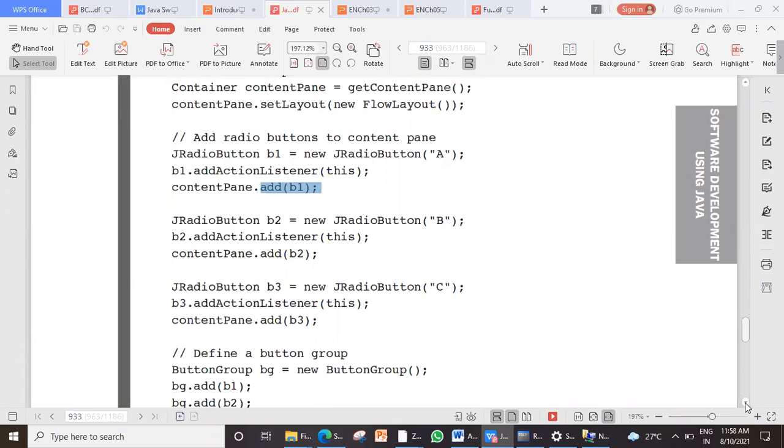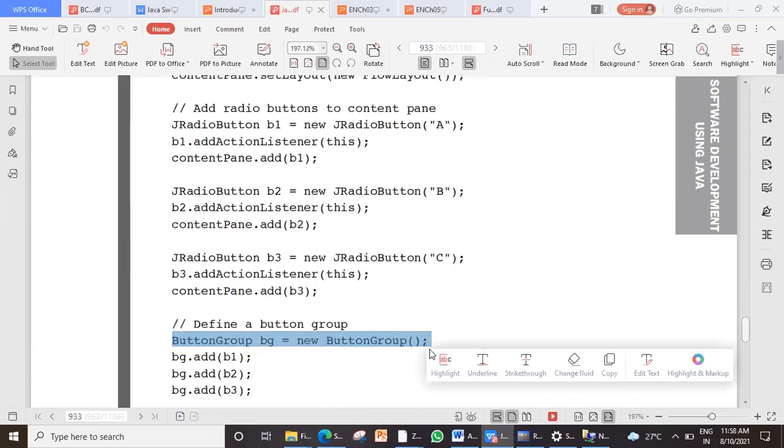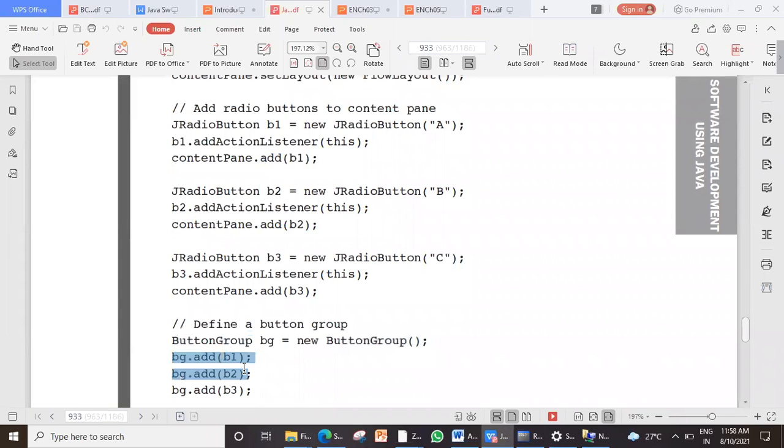Same way, see here, what additional thing do we need to do? Button group. What's its name? BG. And to that BG group, we have to add all these three buttons which we have created, B1, B2. Once we add, now because we are using action listener, which method?